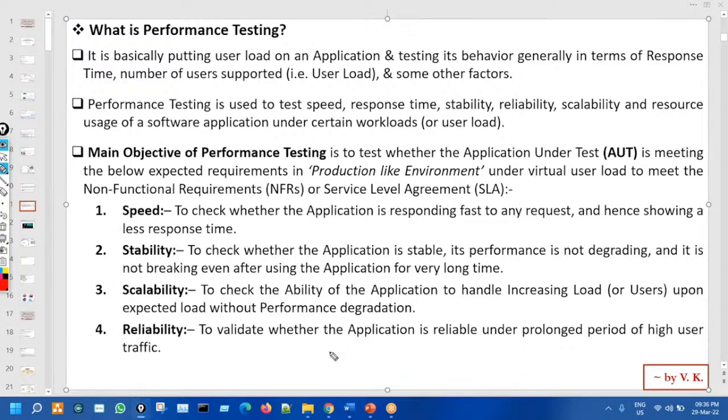So these are the four objectives of doing the performance test. Now I am starting a website, and I send a request. See that request here. Now if I just copy this,